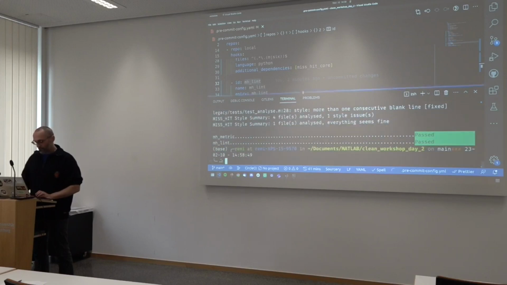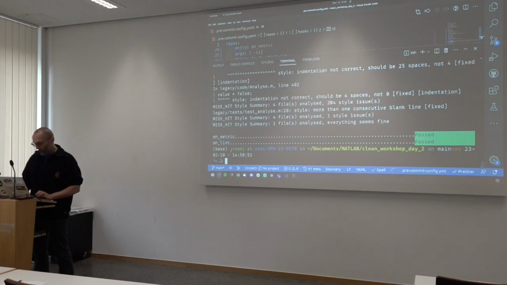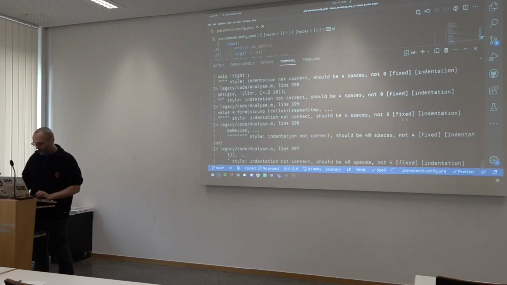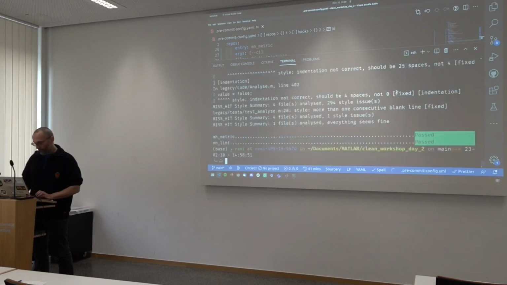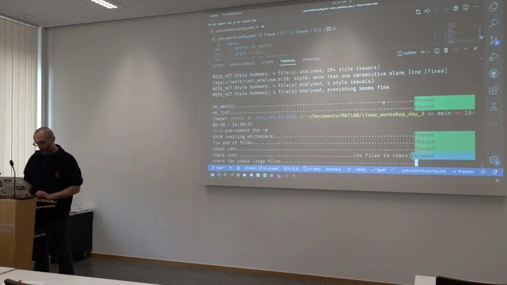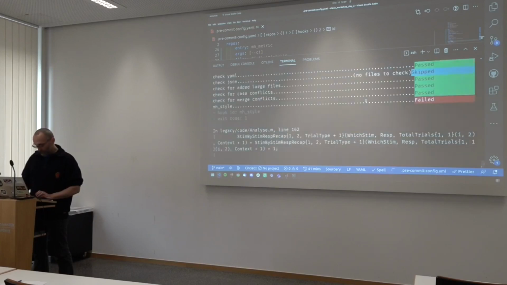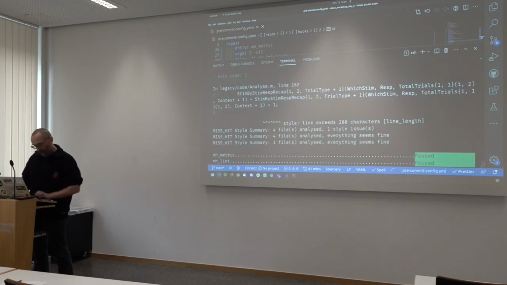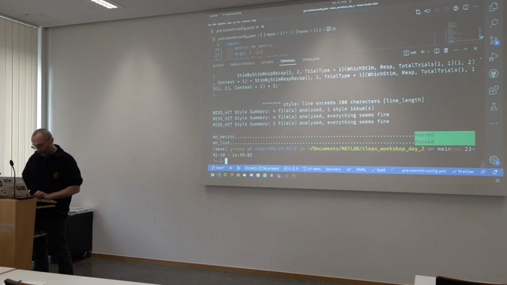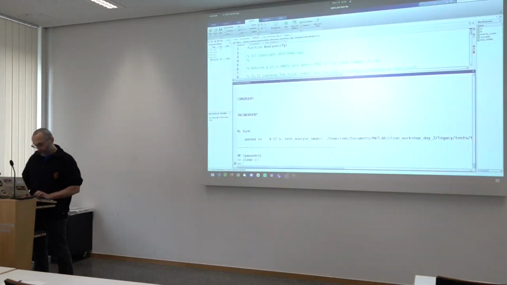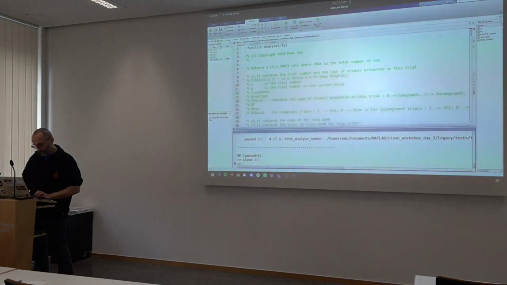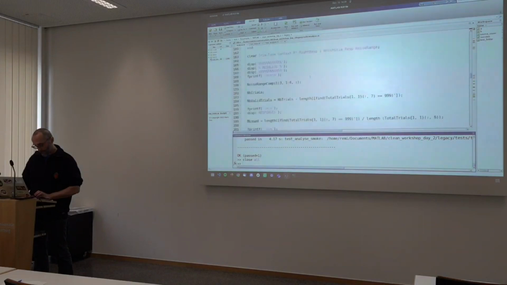And now Mishit is complaining that we have a whole bunch of problems, but most of them should be fixed automatically. So let's rerun pre-commit on everything. Oops, no, we still have some issues here. Some lines are too long. So analyze, line 162. Maybe we can fix that right away so we don't have that problem in the future.